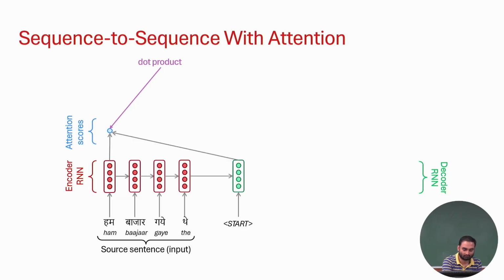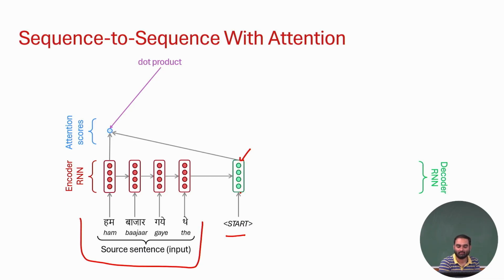So, हम बाजार गए थे. So this is the input. This is my encoder model, right? This is the first decoder state, right? The first decoder state, what is the input to the decoder state? It is the start token, right? Now what I do, now this decoder state will attend to all the encoder states one by one,